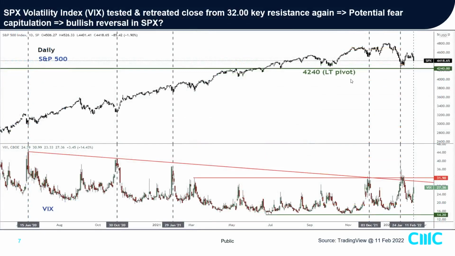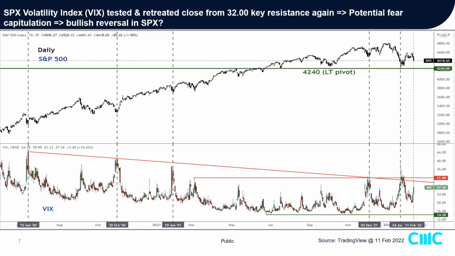Okay, so this chart I like to share because it has a nice reaction every time the VIX index hits a key resistance level. Key resistance level is what I call fear. So if the VIX index is going upwards, it represents fearfulness in the market. If the VIX index is coming downwards, it represents greed, or what we call risk-loving behavior of the market participants. So we are trying to have a gauge of where the extreme fear level is and where the extreme risk-loving level is,